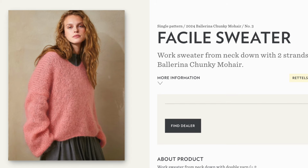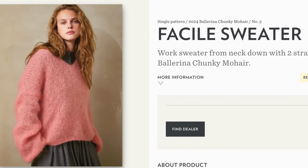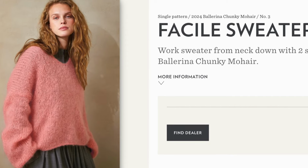So there was one side note, there was a pattern slightly what I was looking for by Sanus Garn for their Ballerina yarn. It's a newer, thicker mohair they came out with. Simple design sweater that they had paired with this yarn. You had to buy some Sanus products, like the yarn, to be able to purchase, not even get free, purchase